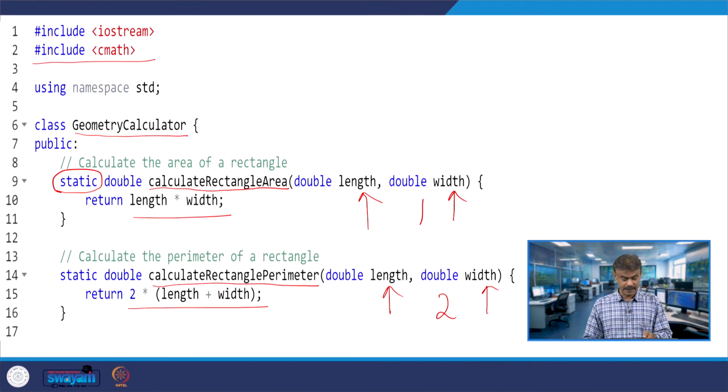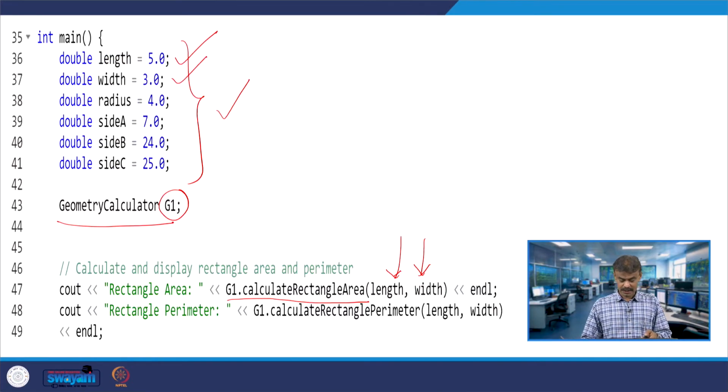It is the first member function, so it will return length into width. We passed length 5.0 and width 3.0, so when you pass both we have to get 15.0, that will be the output.